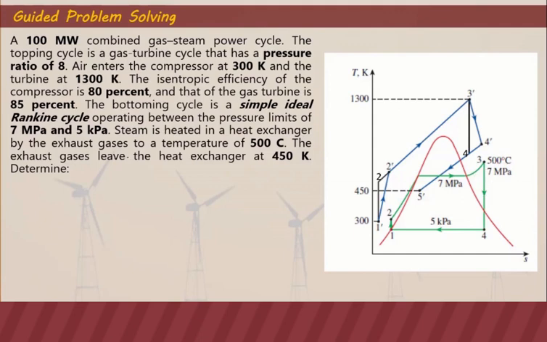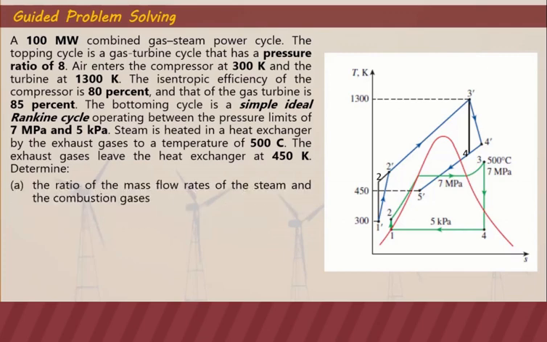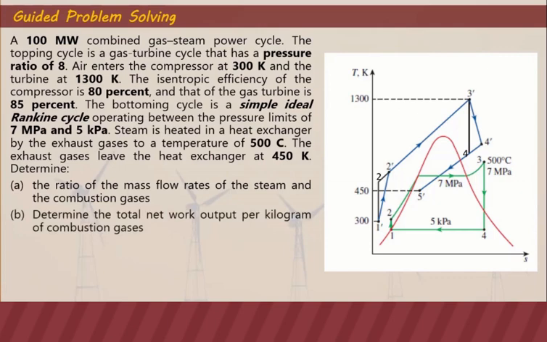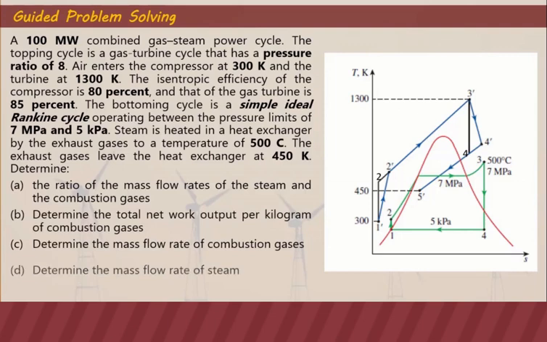The exhaust gases leave the heat exchanger at 450 Kelvin. So it refers to the temperature at point 5. We need to determine the ratio of mass flow rates of steam and the combustion gases. Determine the total net work output per kilogram of combustion gases. Determine the mass flow rate of combustion gases, the mass flow rate of steam, and the thermal efficiency